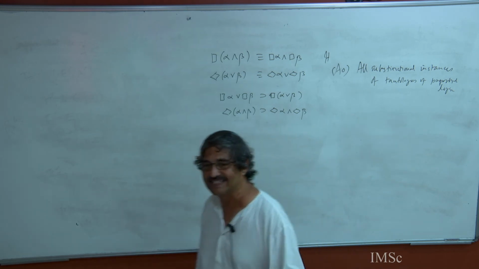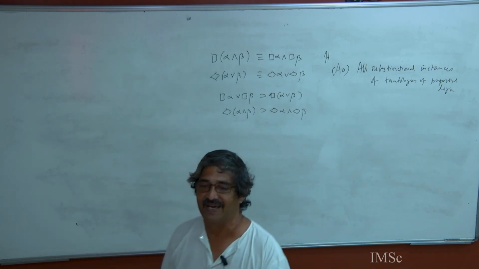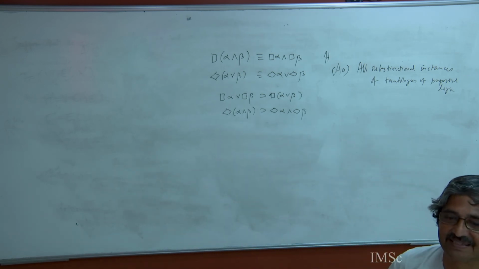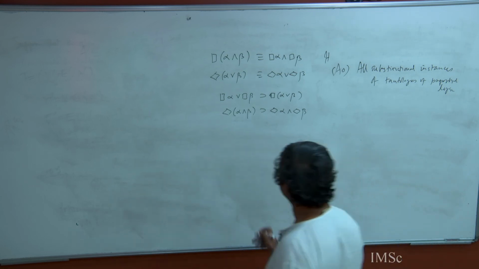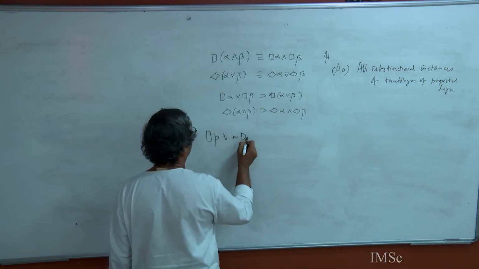You can take them as axioms. You can put Hilbert axioms for this thing like alpha implies beta implies alpha, etc., or simply take them as axioms. Who cares, right? For instance, box P or not box P,